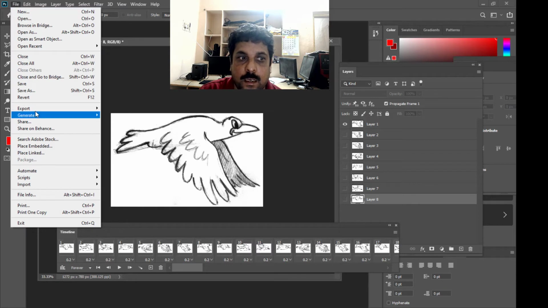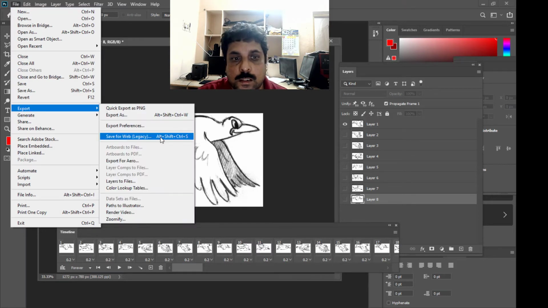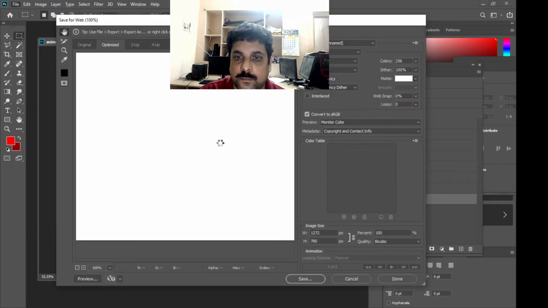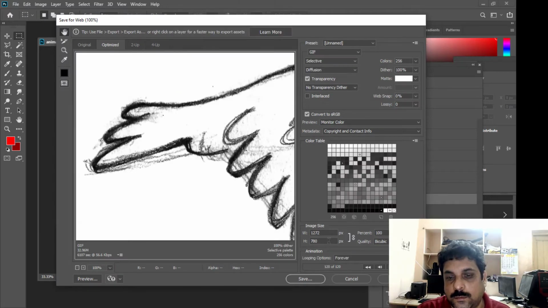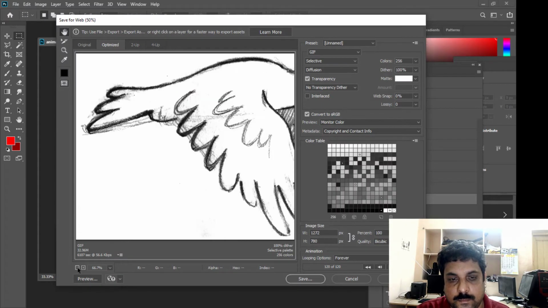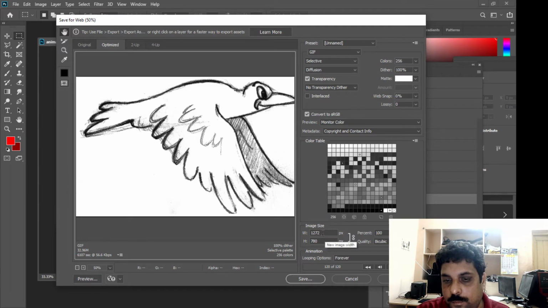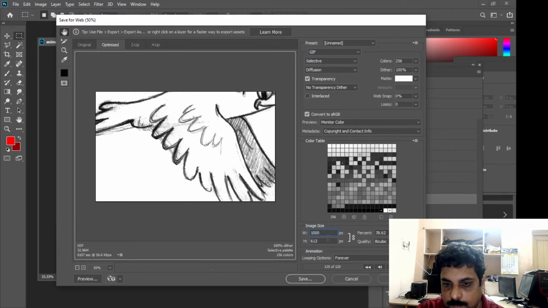So file, export, save for web. And if you want to reduce the width, you can just simply put 1000 here. So it will take a little bit of time. See, it is taking some loading time here.